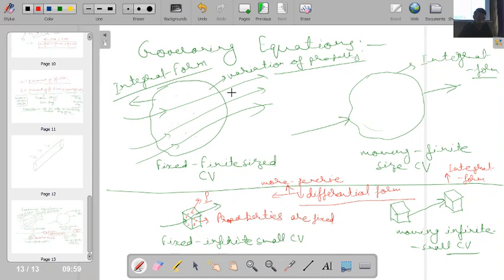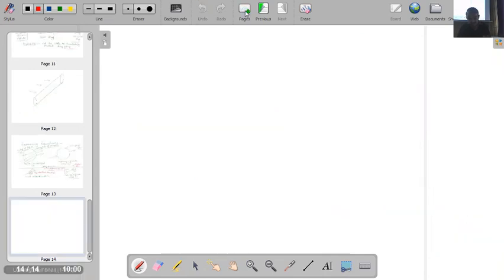Another important idea: I have already explained two things. In the first case we have the finite-sized control volume, and this gives me the integral form of the governing equation. In the second case, if I select a control volume sufficiently small that property variation is not taking place, then I obtain the differential form of the governing equation. Then the third important thing